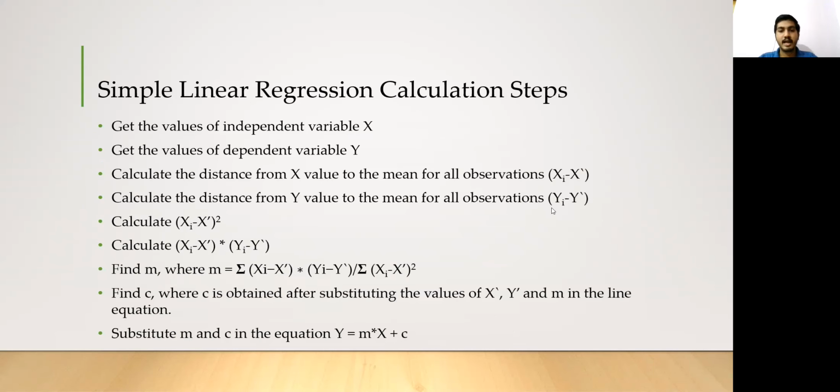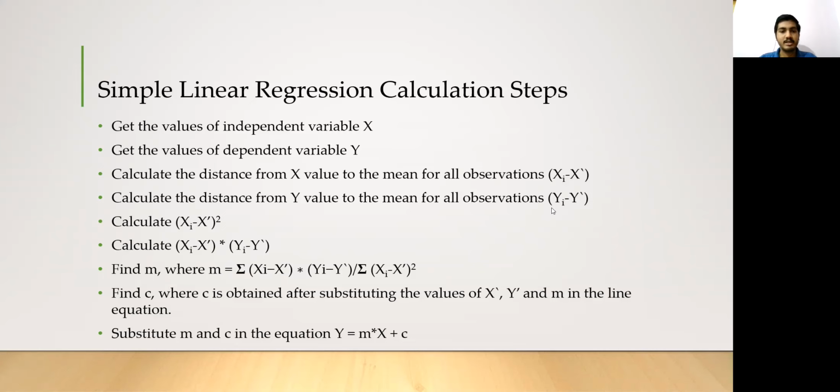These are the steps to calculate simple linear regression. The first step is to get the data set. It is important to identify the dependent and independent variables of any given data set so as to proceed with the calculation. In simple linear regression, since there is only one predictor and one target, let us name the predictor variable as x and the target variable as y.